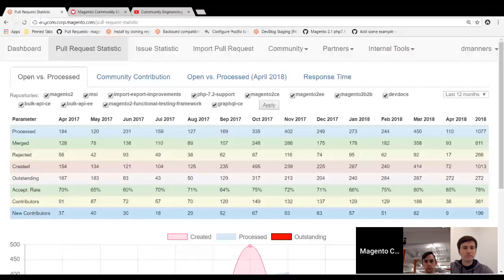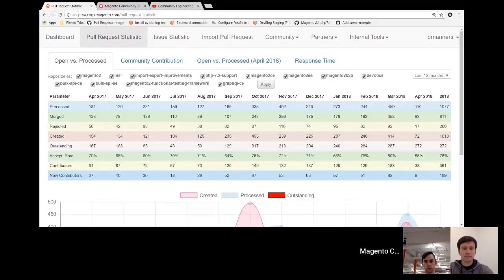Let's start with a quick update on community engineering, and after that, we'll jump into the GraphQL topic. The first thing I'd like to share with everyone is some stats for March. During the month of March, we had 414 pull requests across all our public repositories, which